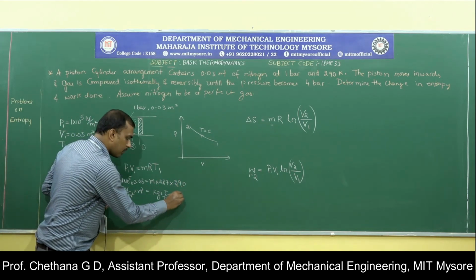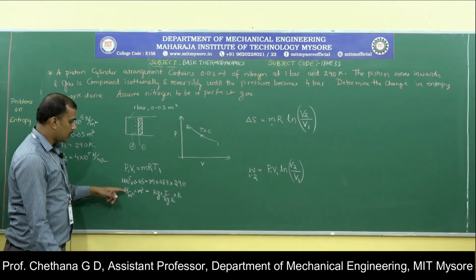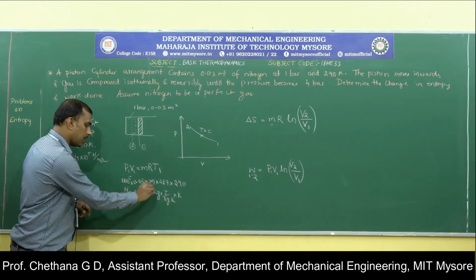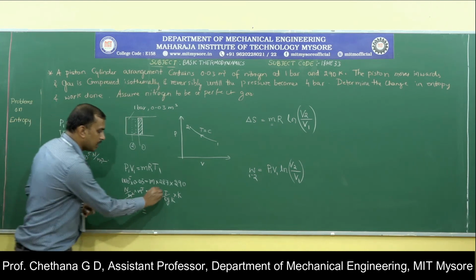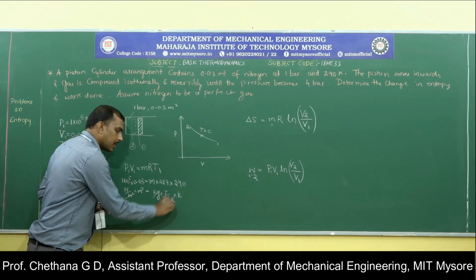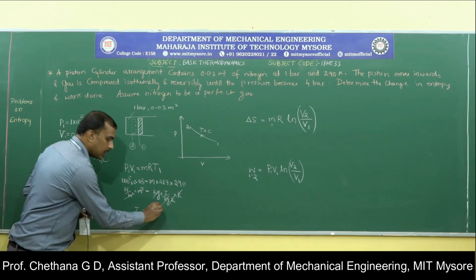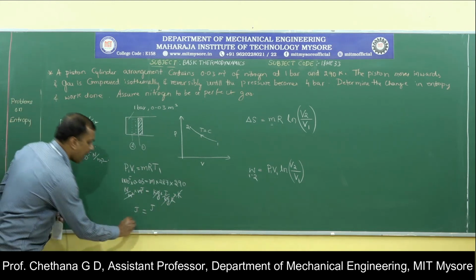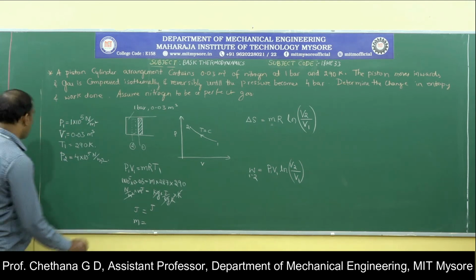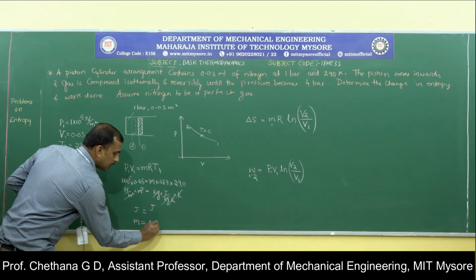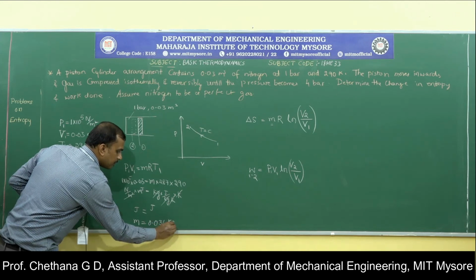So look for the balance of the equation. Here meter square gets cancelled. On left hand side you have joules. On the other side kg gets cancelled, Kelvin gets cancelled. You will have joules. So mass you can calculate if you have balanced the equation properly. Mass you are getting 0.036 kg.